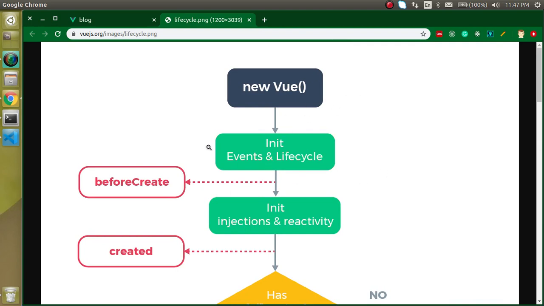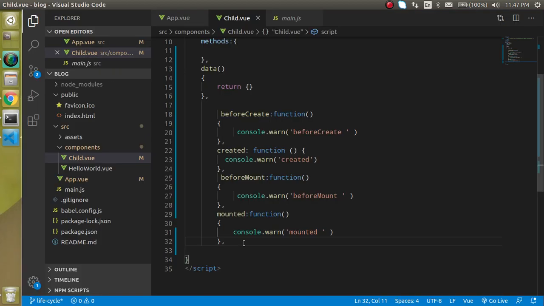Alright, one more thing: in this video I am not going too much into the code, because this is the introduction video. I have already written some code and I will show you this code also, but the deep dive into every lifecycle method will start from the next video. I will take one video for one lifecycle method and we will learn everything about that single lifecycle method. So now let's start.